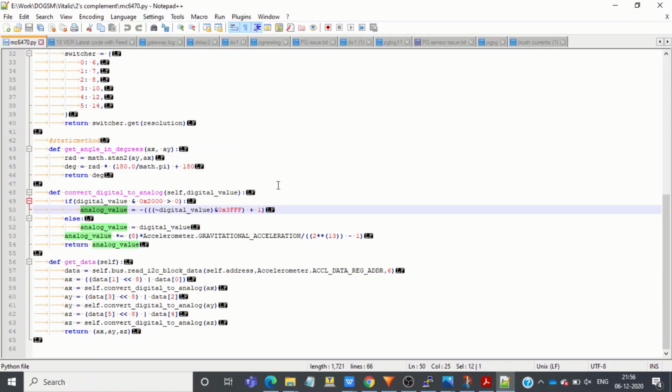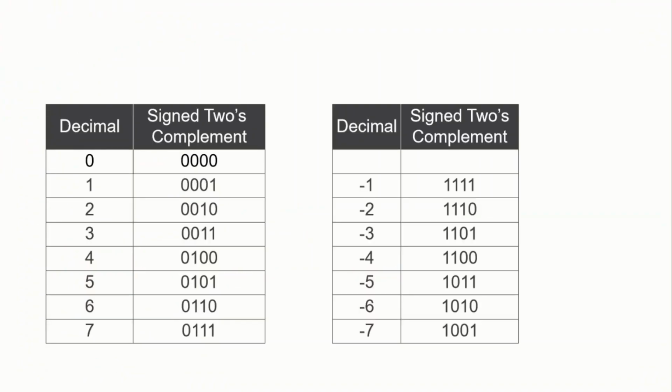But what is the maximum value that can be stored in this 14-bit 2's complement data? To know this, let's get back to our example of 4-bit numbers. As you can see here, the maximum number that can be stored in 4-bit 2's complement data is 7, which is equal to 2 power 3 minus 1, which is nothing but 2 power 4 minus 1, minus 1.